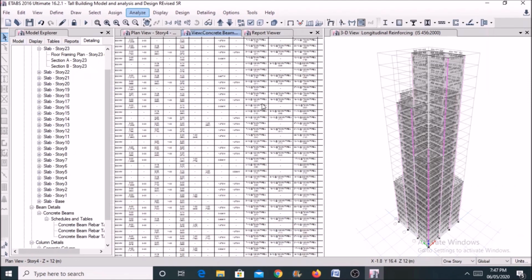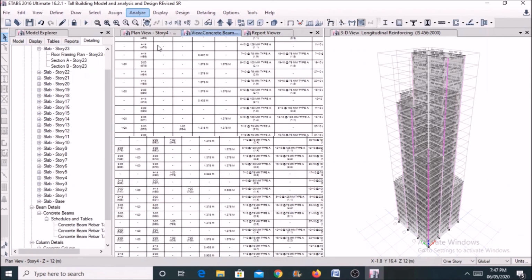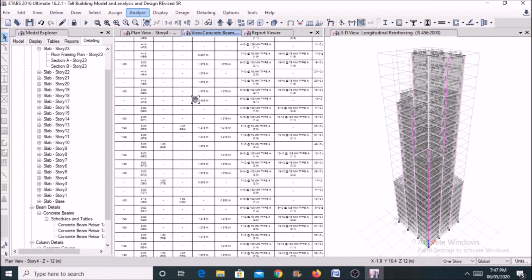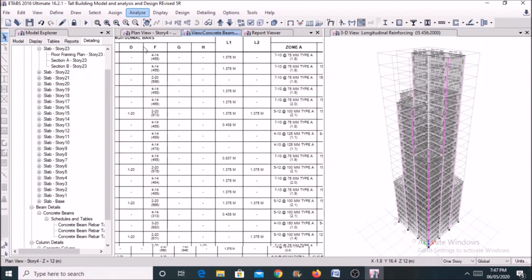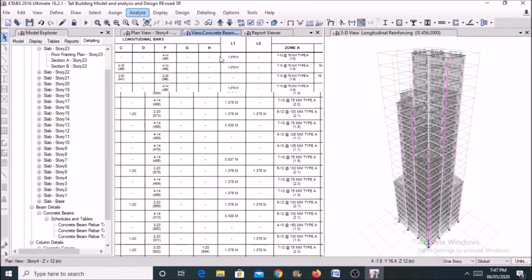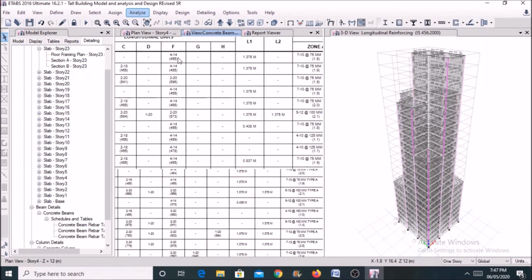Now this is the detailing for beam. This is the longitudinal bars which is placed. You can see this is the 4 bars of.